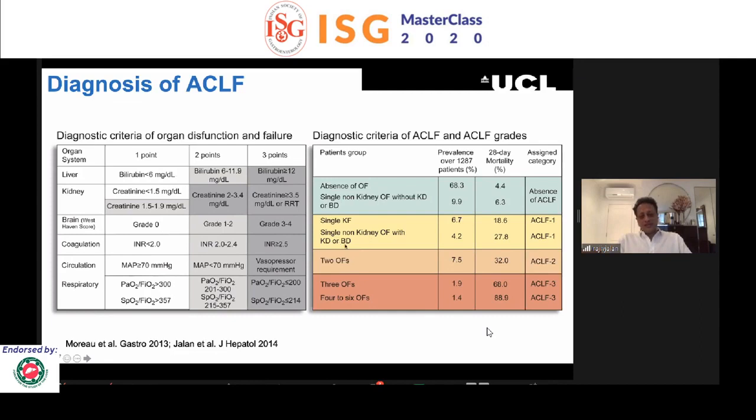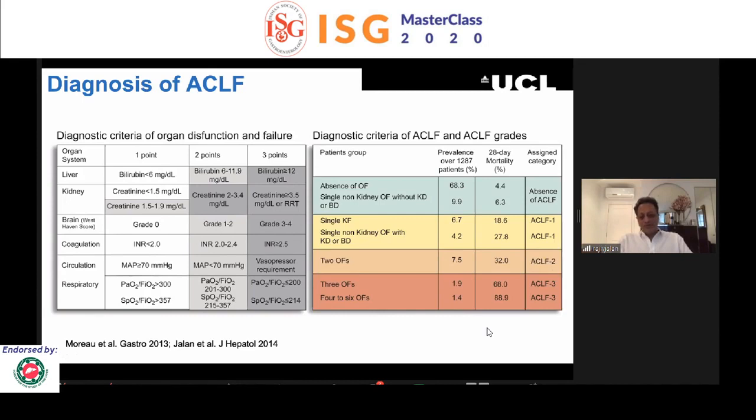For instance, in David's case, his bilirubin was only 9 at admission. He had no organ failures. So when he came into the hospital, by definition, he does not have acute on chronic liver failure, which he goes on to develop in the hospital. And what you can see here is that the mortality risk over 28 days, which is what we're trying to capture here, increases with the number of organ failures, with a very high rate of death in patients with 3